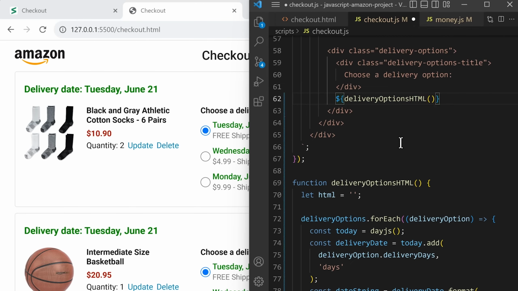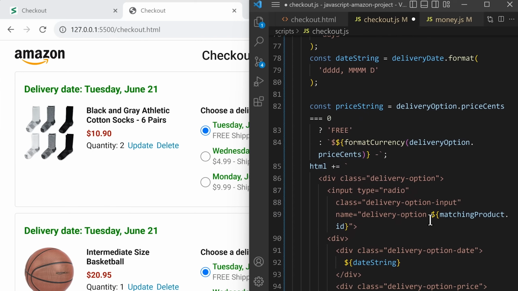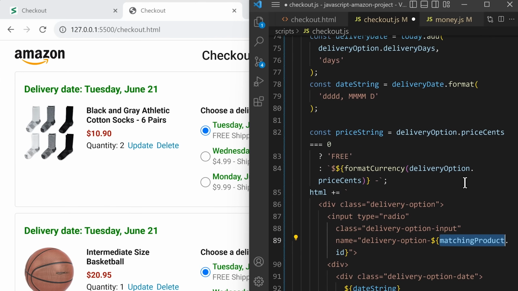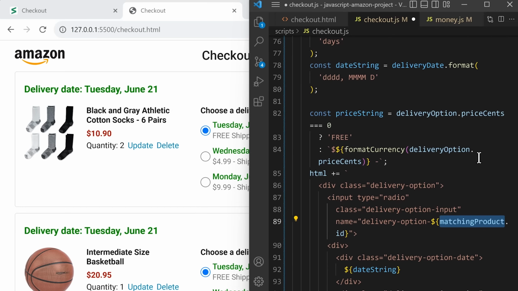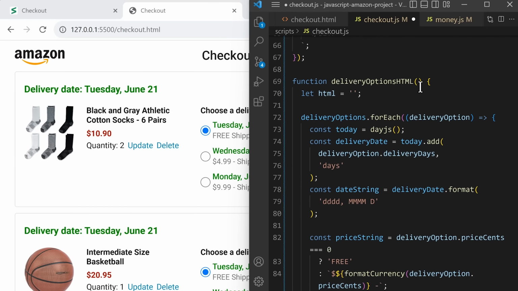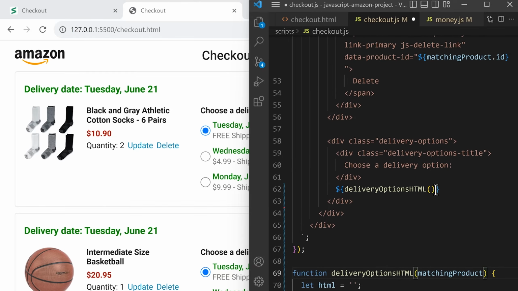Now, before we save, one thing that we're missing in this function is that if we scroll down, here we're using a variable called matchingProduct. But this variable is not accessible inside this function. So let's actually pass the matchingProduct into here. So at the top, we're going to add a parameter, matchingProduct. And then when we call this function up here, we're going to pass in the matchingProduct. So matchingProduct. So now let's save